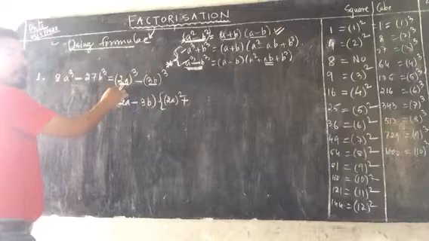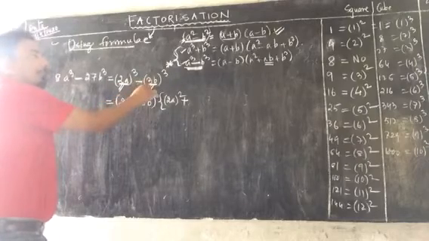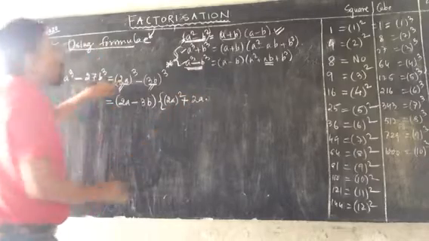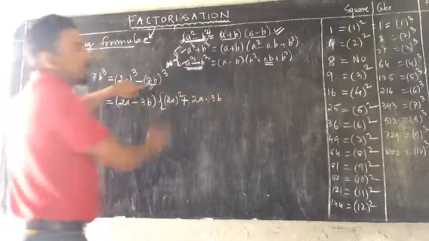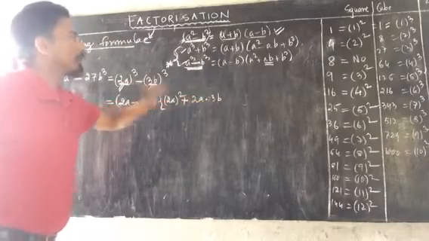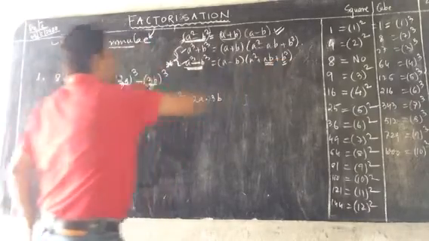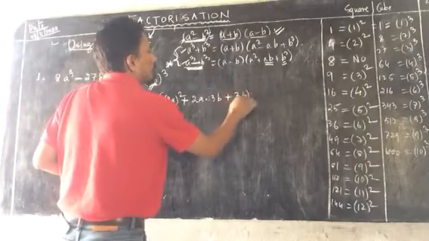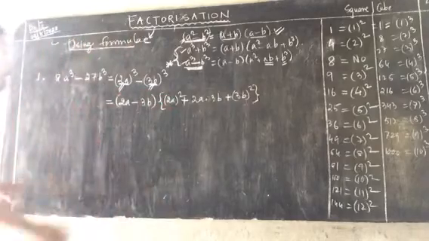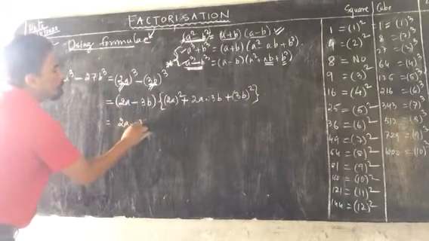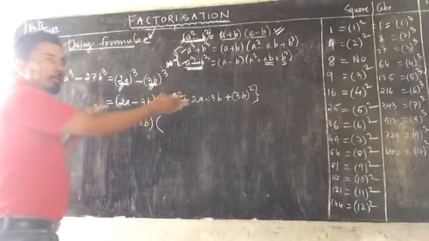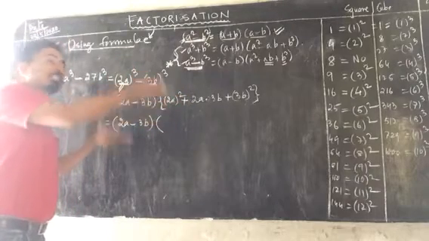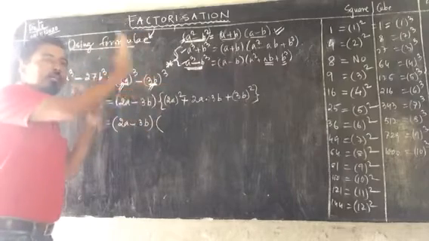This is assumed as A, this is assumed as B. So it is AB. 2A is A into B, 3B is B. A square plus AB. After that, what is here? B square. Now this should be written in the form of B square. Very simple. Now it has come in the form of product or not? Converting any expression into the form of product is called factorization. So it is already factorized now.